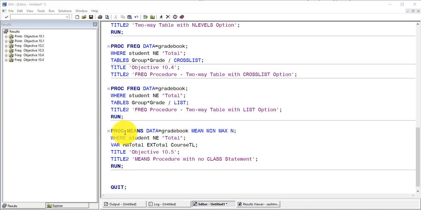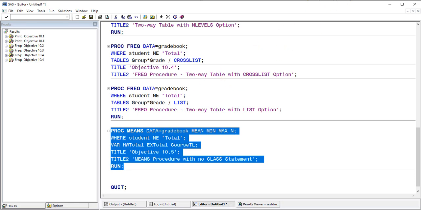We can quickly do the means procedure, and we can select which statistics we want the means procedure to produce and in what order. Again, notice in here we're excluding that student not equals total in each one of these because that would inflate the computations that proc means is going to do here since it's effectively adding those 100% scores in everywhere. So here, I don't have a class statement. Okay, so if we go through and run these,